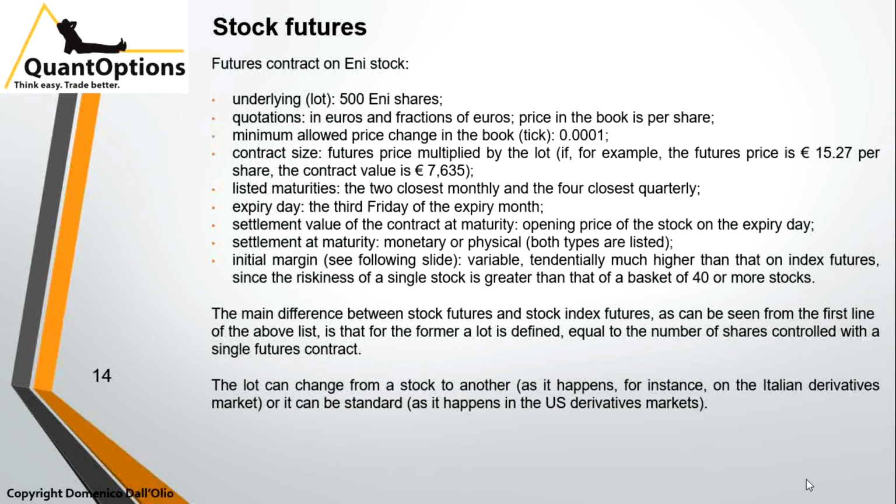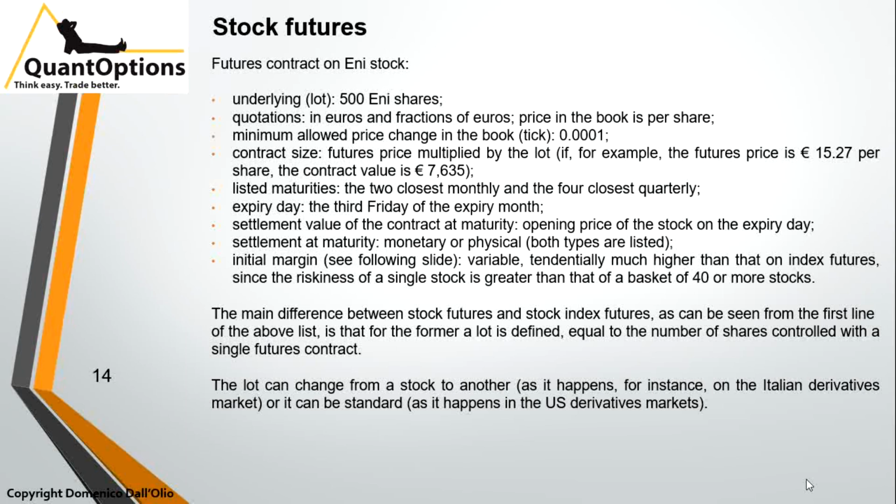since the riskiness of a single stock is usually much greater than that of a basket of 40 or more stocks. Remember, as previously stated, that initial margin is a measure of risk. The higher the risk, the higher the initial margin. The main difference between stock futures and stock index futures, as can be seen from the first line of the above list, is that for the former a lot is defined,